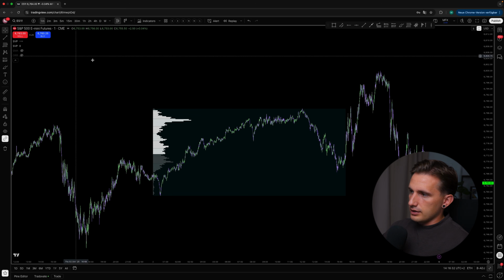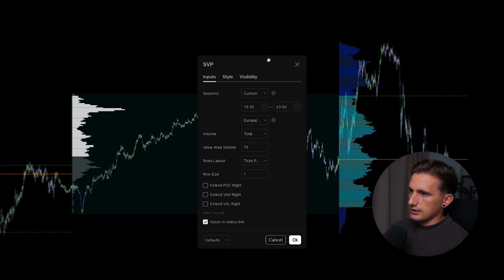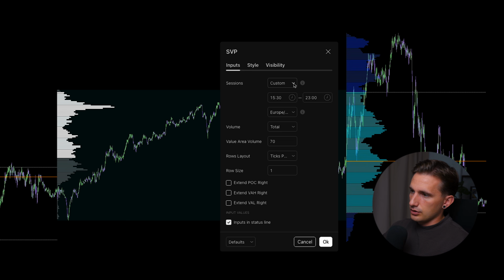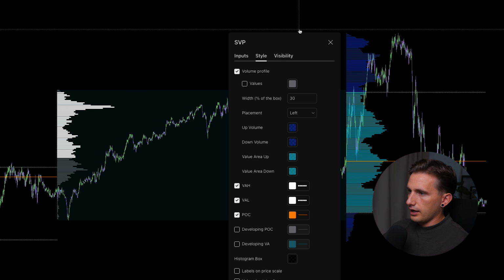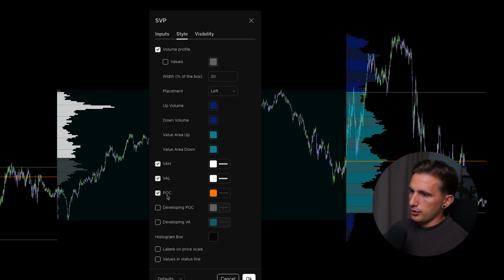And the second profile right here, I have the settings right in here. So session as well, custom. Then I have the beginning from the New York session till close. But I will plot here in the New York time zone so that you can copy it. Okay, so on volume I have again total, value area volume 70, rows layout ticks per row as well, and row size 1. Now on style right here I have the width of 30, so the box is 30%. And down here I have value area high plot on, value area low, and point of control,